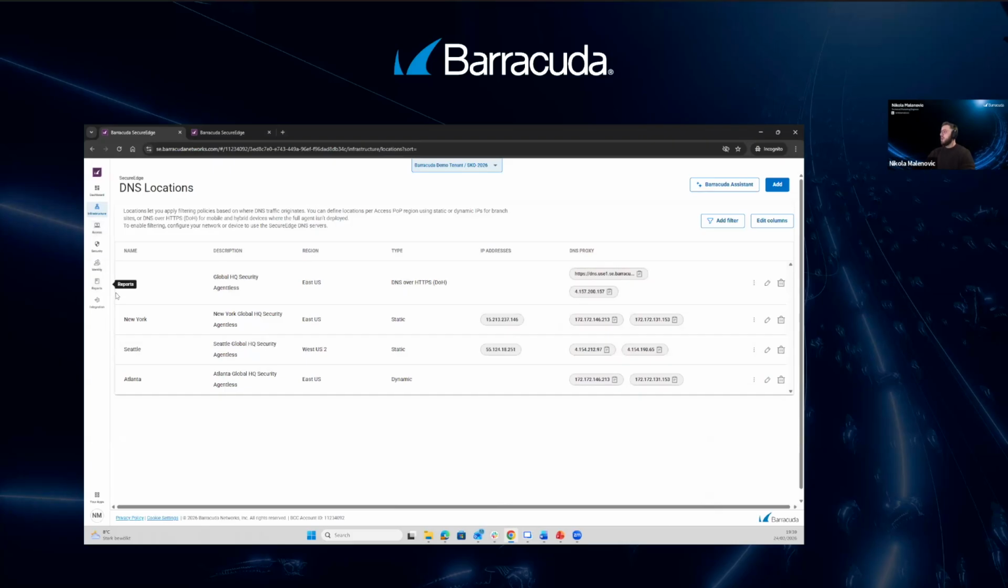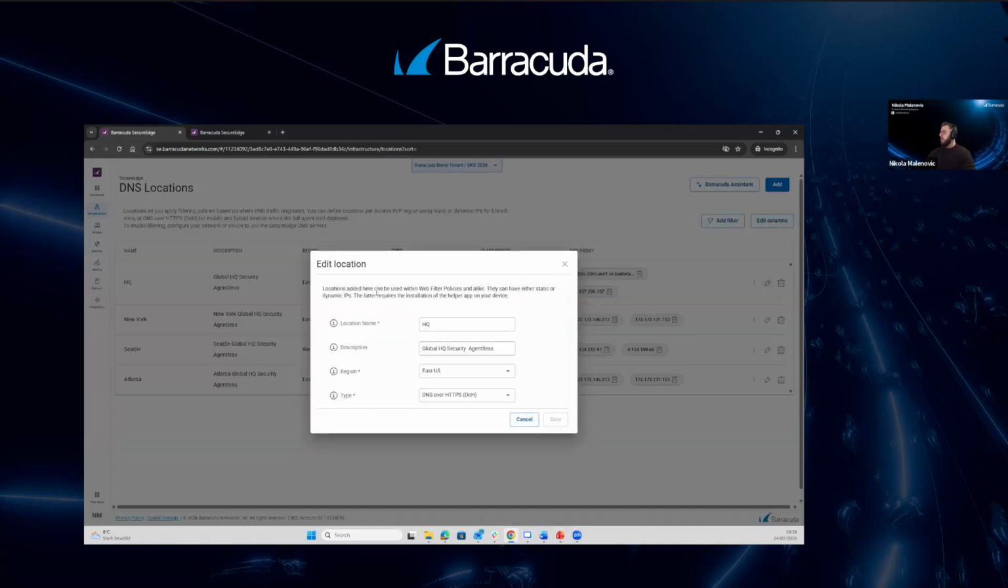And the one that we are interested in is this one here, DNS over HTTPS. So let's take a quick look at what parameters we need to provide when creating this DNS over HTTPS location. First of all, we need a name for this location. Description is optional, but it makes sense to have it. And for DNS over HTTPS, the description will be what you are trying to achieve with this location, right? And we want a global HQ security web hygiene,